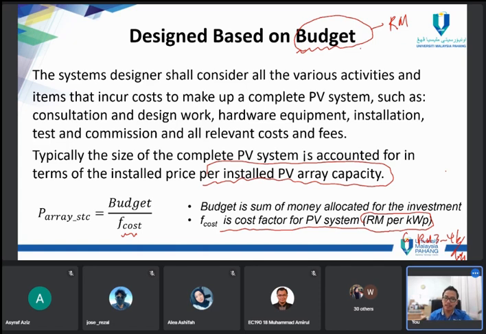So you have the budget, and the supplier or the contractor or the seller or the agent will give you the deal of F cost. Okay, F cost. This F cost is based on a kilowatt peak. Every kilowatt peak. For example, you're quoting them. No, you're not quoting. When you say budget, for example, you are granted or you are awarded